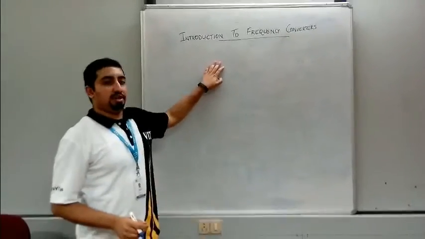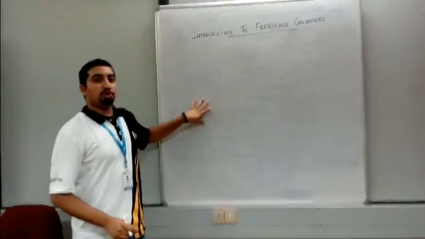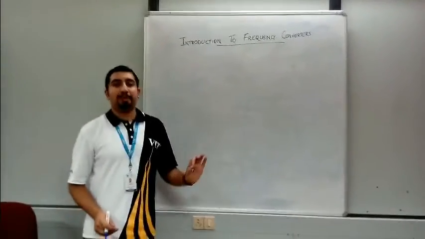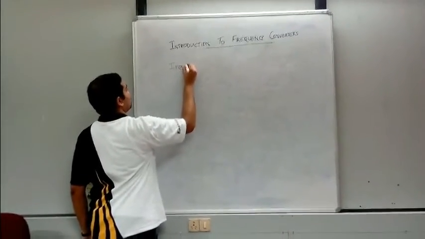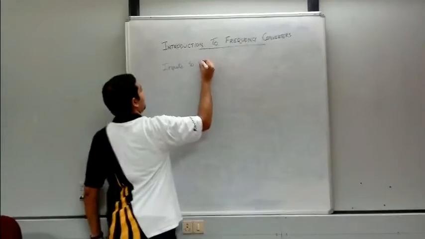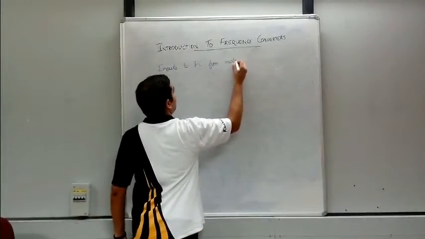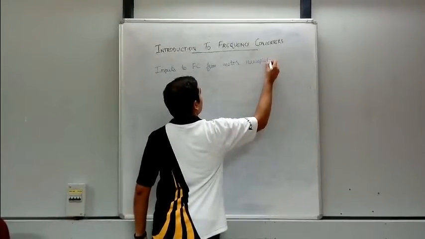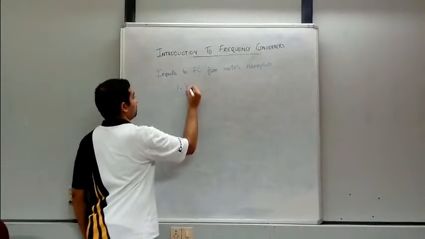The frequency converter, as I showed before, is connected to a motor. So the input to the frequency converter will be the nameplate details of the motor. And what nameplate details are necessary, we will see now. So input to FC from motor nameplate will be, first will be the voltage rating,